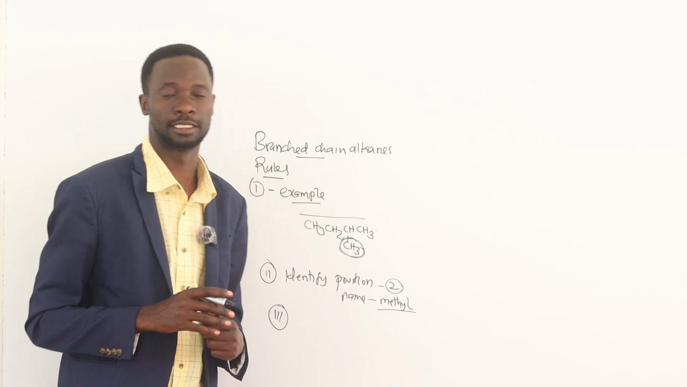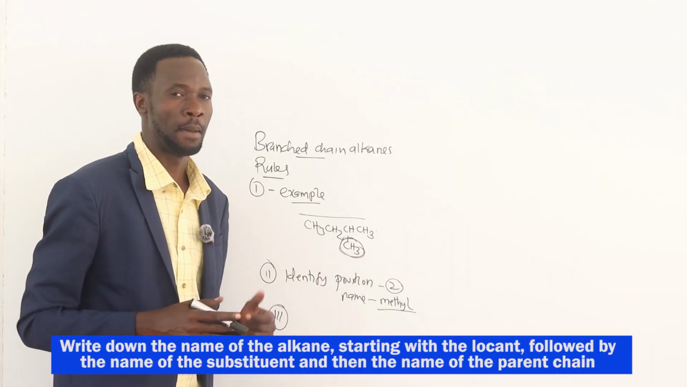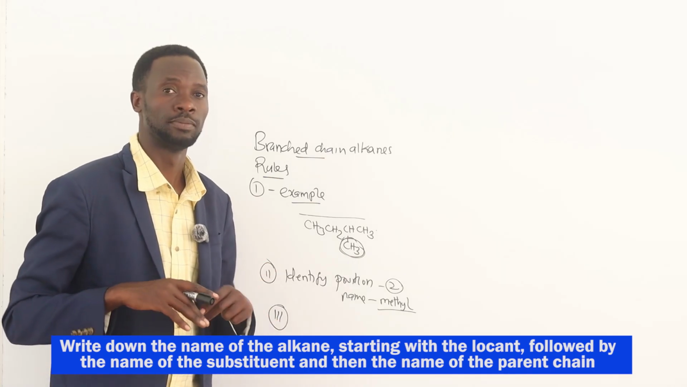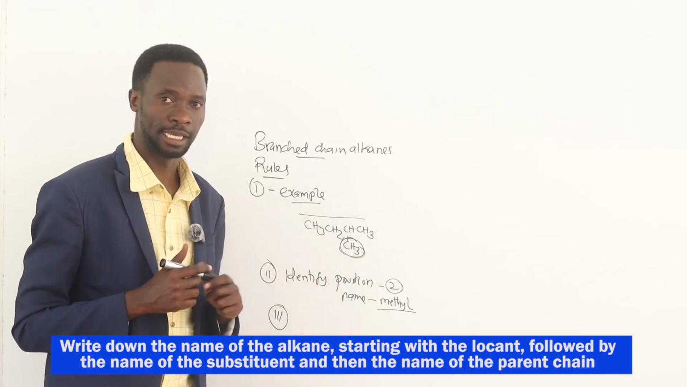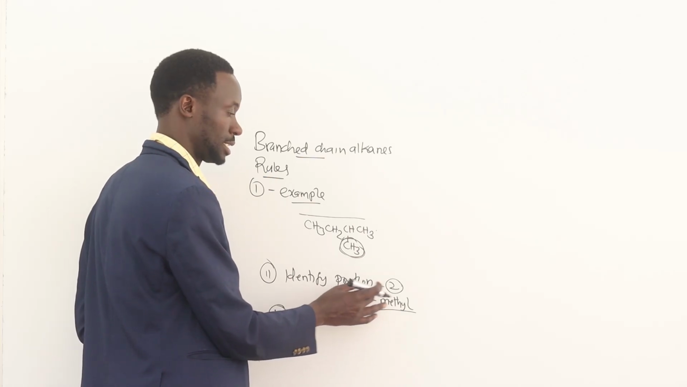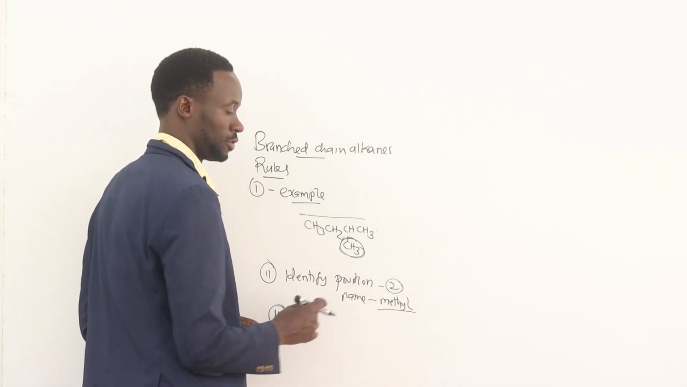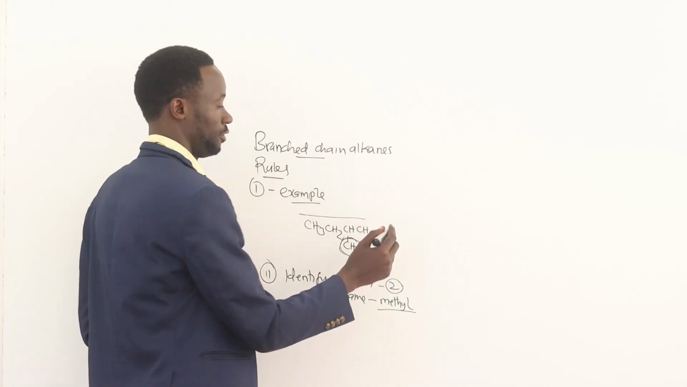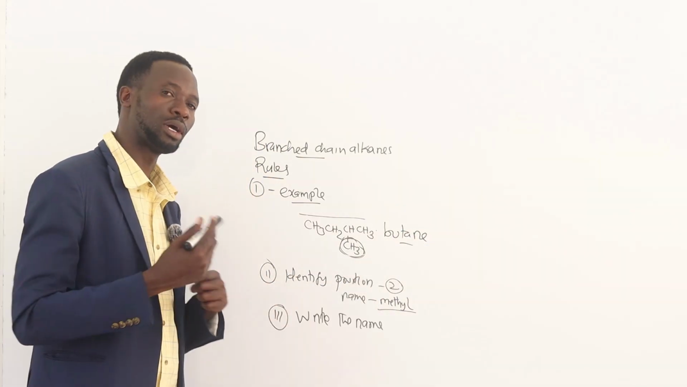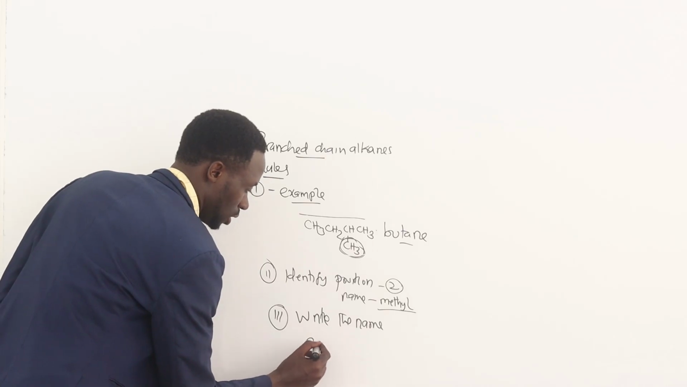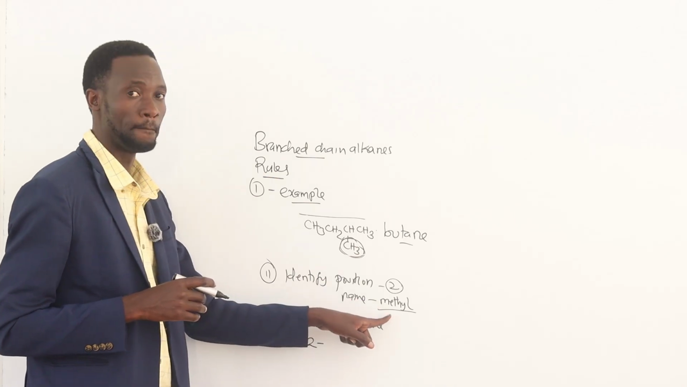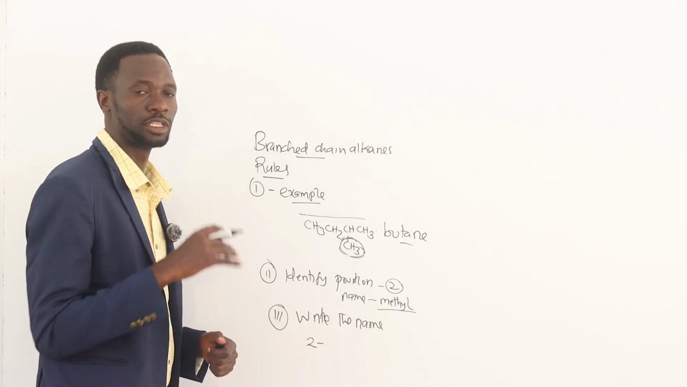Third rule says, write the name of the hydrocarbon by starting with the locant, followed by the name of the substituent group, followed by the parent name. So as we can see, we already have the position or the locant, which is 2. We also have the name of the substituent group, and if we remember, our parent name is butane. So how are we going to arrange this? You have to write the locant, which is 2, followed by the name of this substituent group, which is methyl. Methyl should start with a small letter,